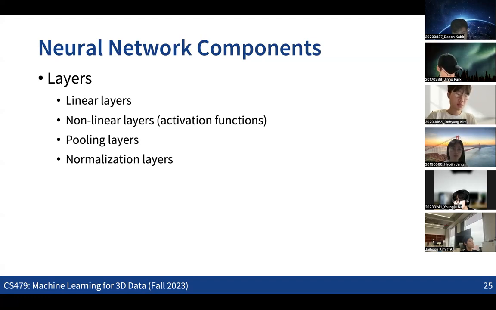And in the design of the neural network, we also have pooling layers, like max pooling in PointNet. And obviously, for the neural net architecture, we also have normalization, like batch normalization. For each of these components in the neural network, we're going to make some modification to achieve rotation equivariance. How we make minimal changes in the neural net design for each of the components is what we are going to discuss here.